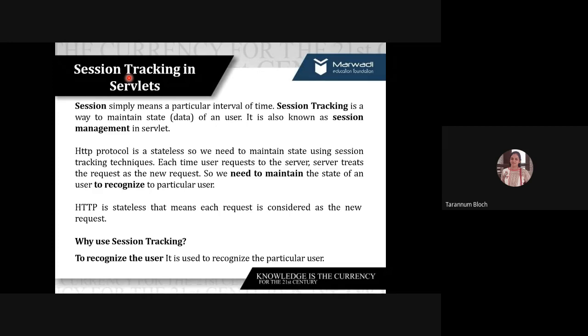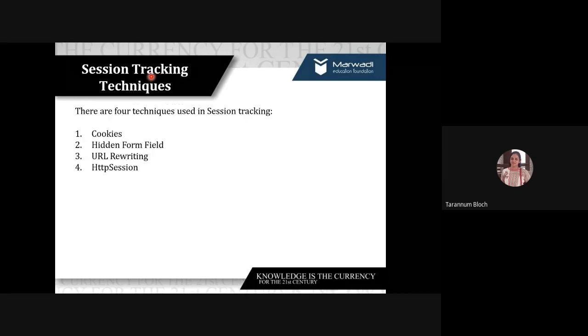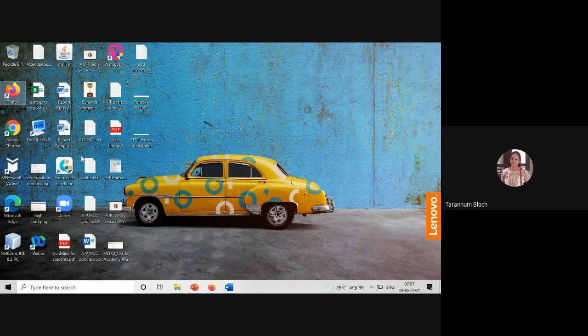And when you accept it, the cookie will be saved in your machine. And a cookie is a session tracking technique. Why does a website do that? Because they want to recognize you. And once they recognize you, the request and response will be faster. Fine? So this is what session tracking means. So basically, there are 4 techniques for session tracking: cookies, hidden form field, URL rewriting, and HTTP session. Okay, we are going to discuss all of these, and we are going to learn how to implement them.